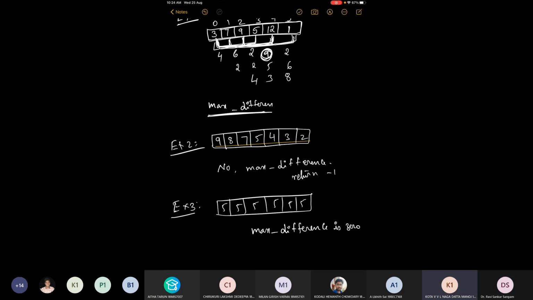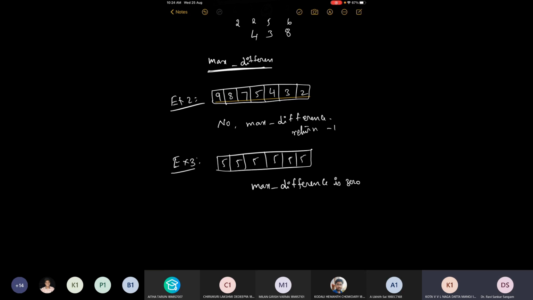Sir, a small doubt. I have understood the first and third example, but I'm a little bit confused in the second example. Can you repeat it again? Yeah, second example. See, the criteria is to determine the maximum difference. If it is simple max difference, you know that the maximum element is 9 and the minimum element is 2, right? In example 2. Yes, sir. So the max difference would be 7, if you are considering it in the normal way.